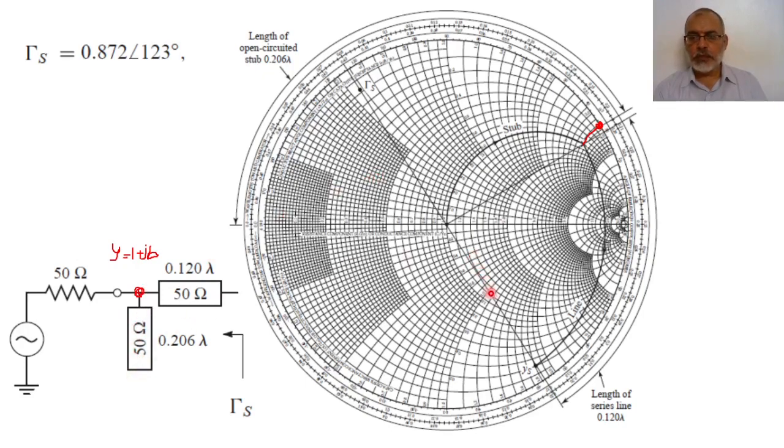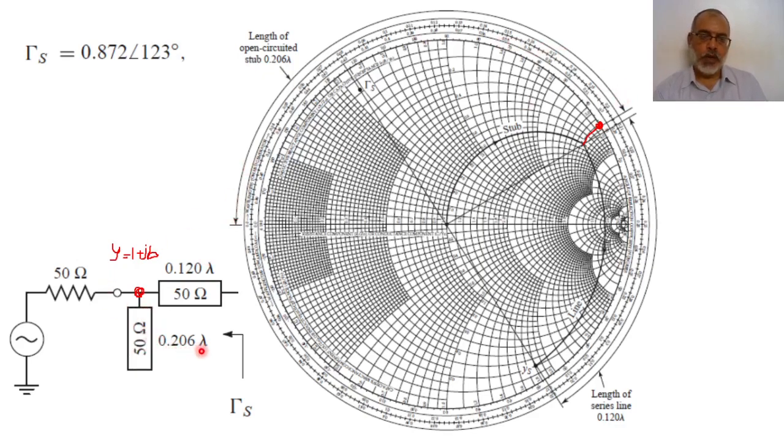By following these steps, we can calculate the required transmission line section to make the input admittance 1 plus GB is 0.12 lambda. And the required value of GB can be implemented by an open stub with a total length equal to 0.206